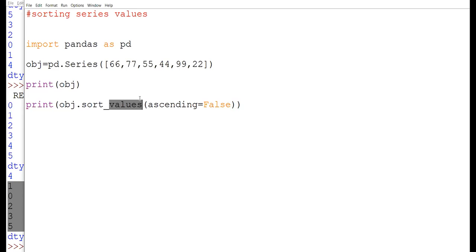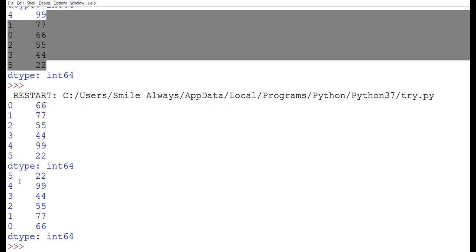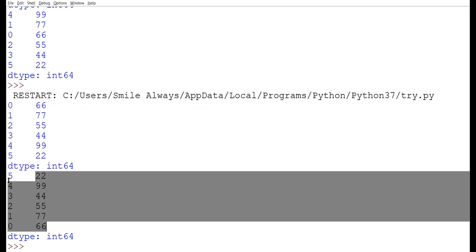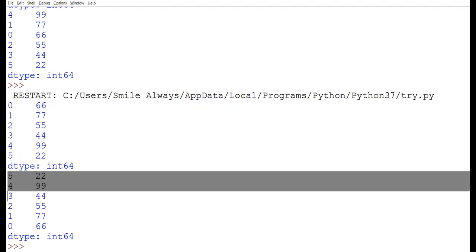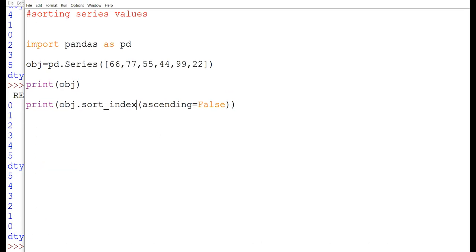Simply what you have to do, same thing, only you have to change the function, that is sort_index. Ascending is false, it means we want it in descending order. So simply we will check how it is going to work. You can see over here, don't go for the value, only see the index part. Now if you see the index part, it is 543210. By default it was 0 to 5, but we said that we want it in this manner, so it has changed to this. Let's take some random indexes so that it will be clear to us.